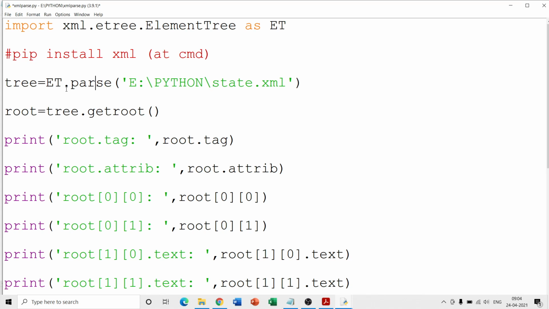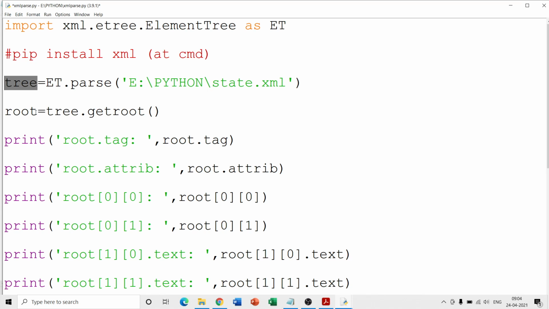Parse is a method. Which file we want to parse? The file path is given over here, /python/state.xml. So this is the file that we want to parse, means read from the starting to the ending. So this becomes like a file handler or a file pointer.